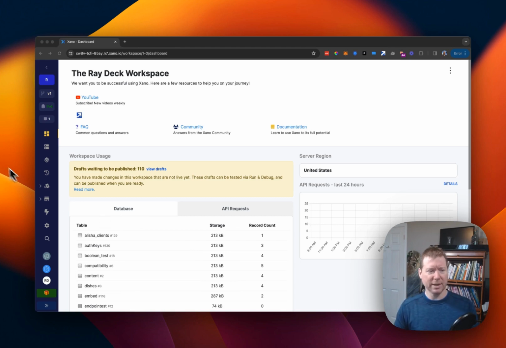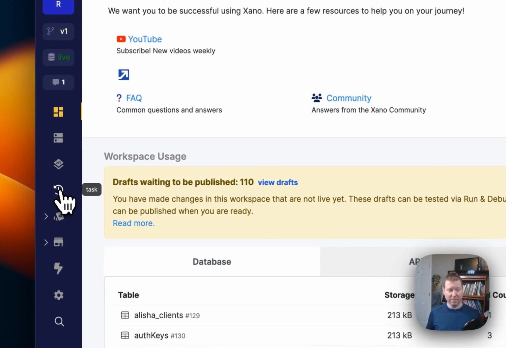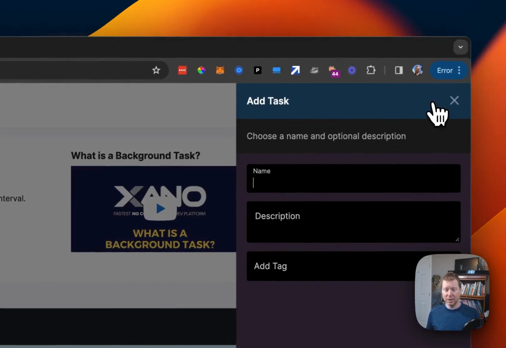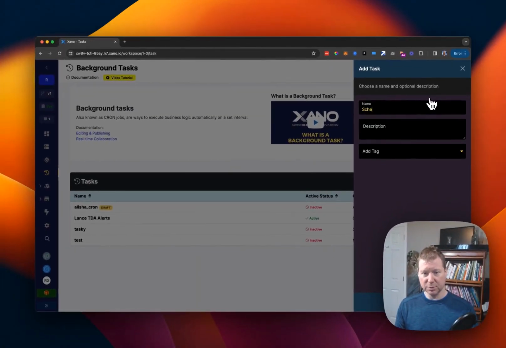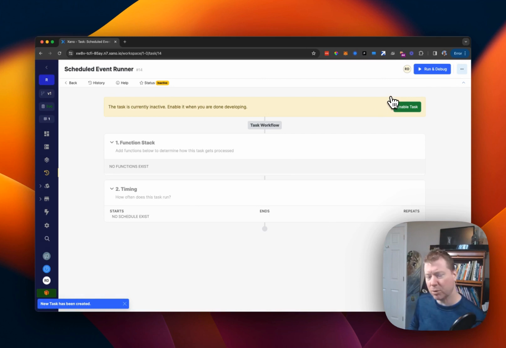The core idea here is that we want to have an event that we can fire sometime in the future, and that we want to probably use the background task functionality in Xano to schedule up to run the future event. Let's call this scheduled event runner, and really what we're going to want to do is have this fire off whatever the event is or whatever the action is we want to take at that future date,